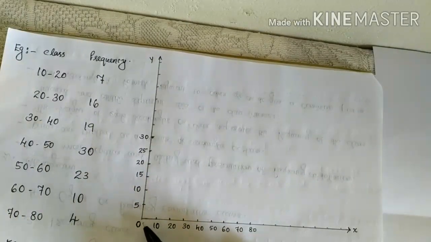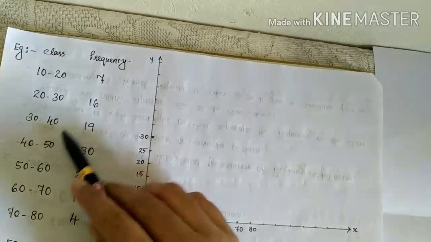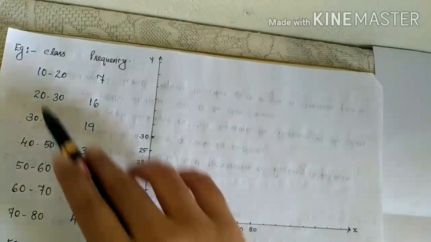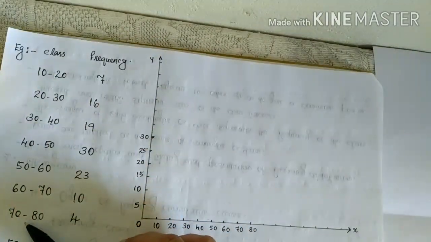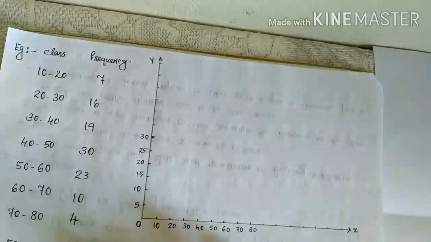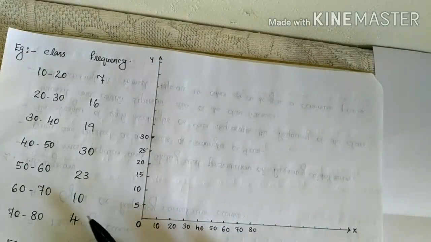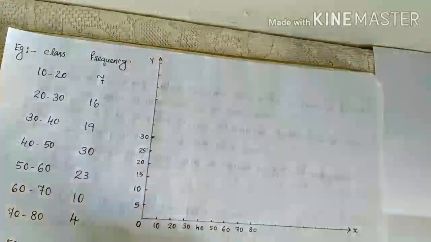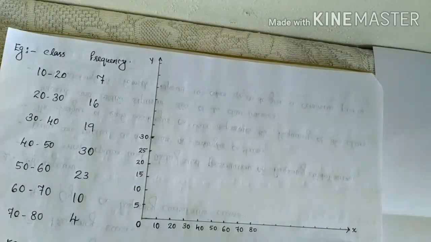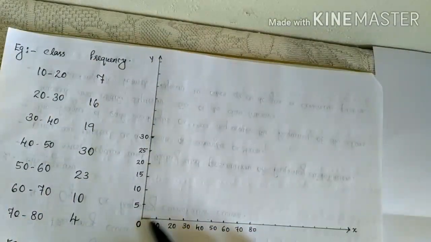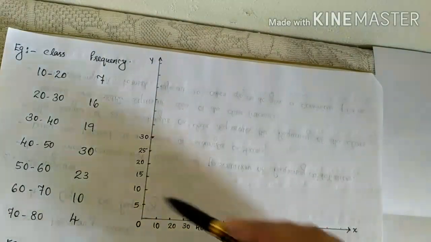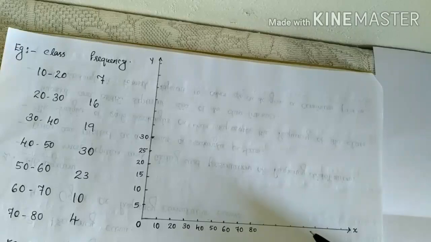Let's work out a problem. Here the classes and frequencies are given. The classes are 10 to 20 up to 70 to 80 and their corresponding frequencies are given. You have to draw a histogram using this information. The first procedure is drawing the baseline, the x-axis and y-axis, then taking a 1 centimeter gap along the whole axis, and